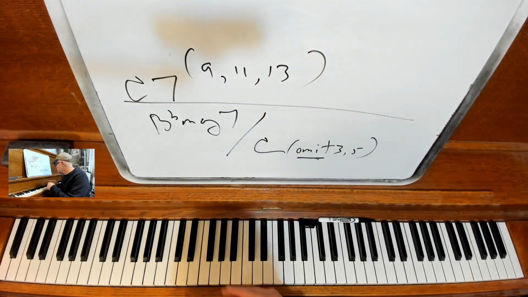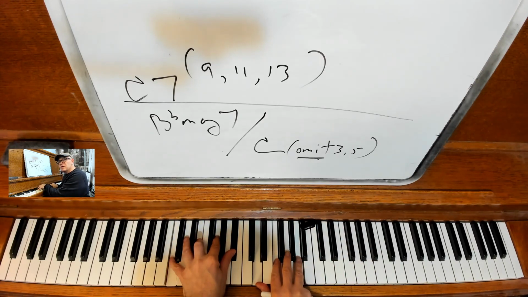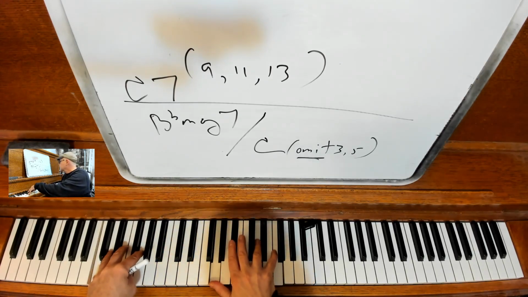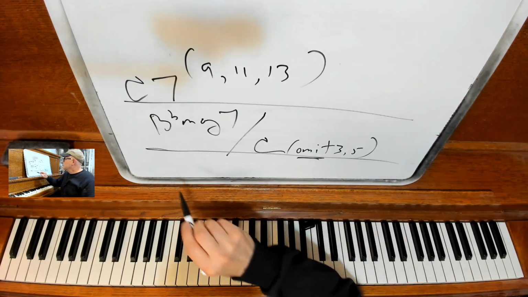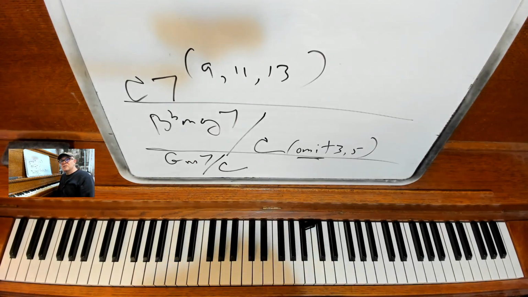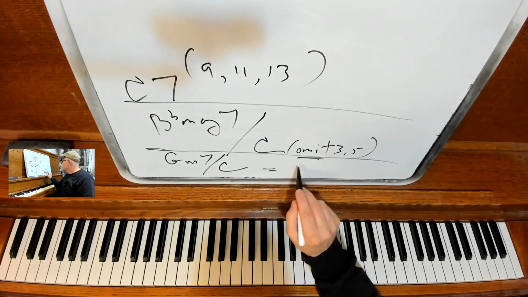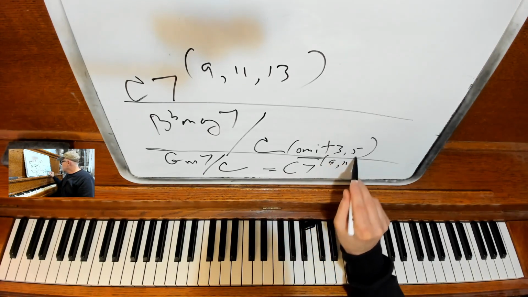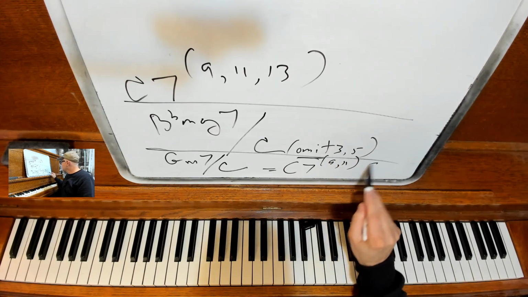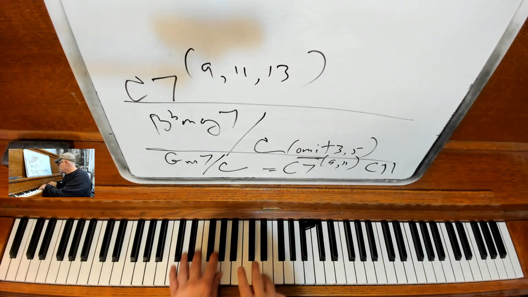Now, let's just take a look. If I look at all the notes in the chord, if I get rid of the A, now there's G minor 7: G, B flat, D, F. Similar idea, I could express it that way. So G minor 7 slash C. There's an idea for you. That's the same as saying C7 with an added 9th or 11th. And another way to write it is simply C11. Okay, that's enough,